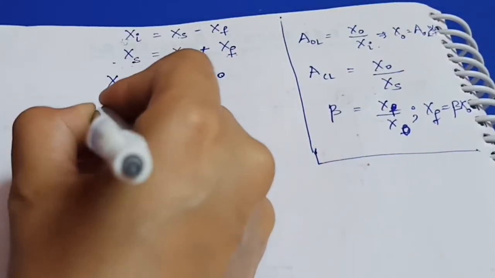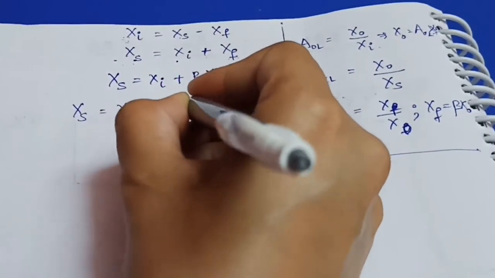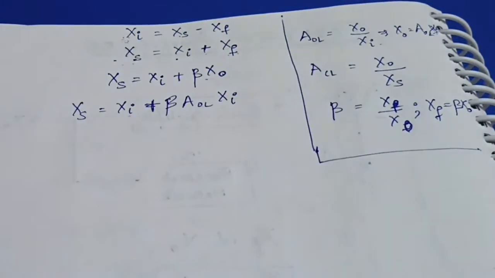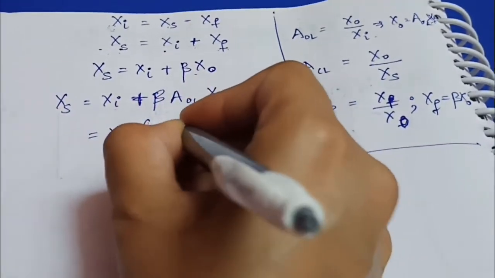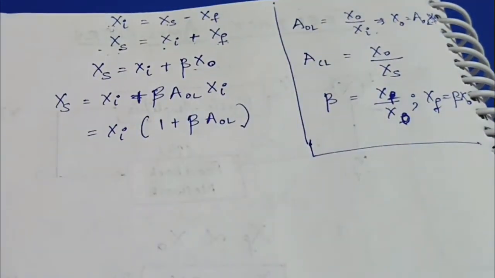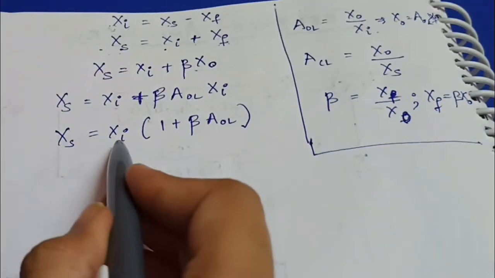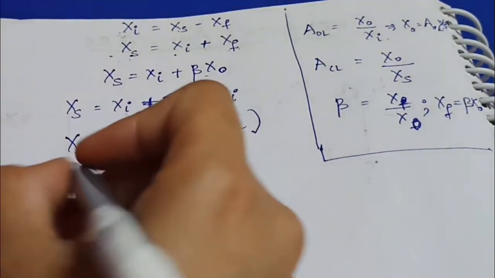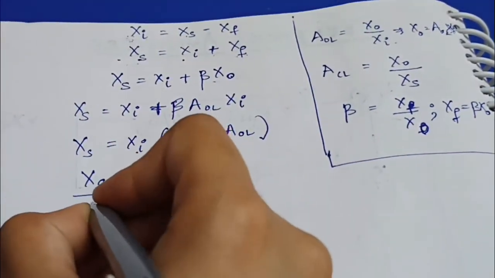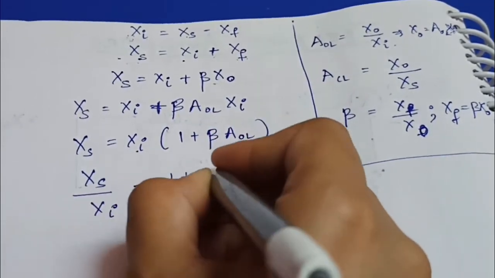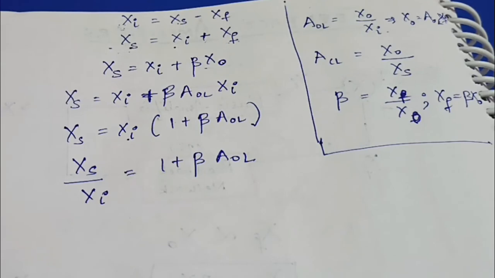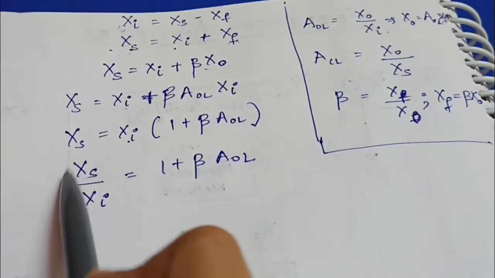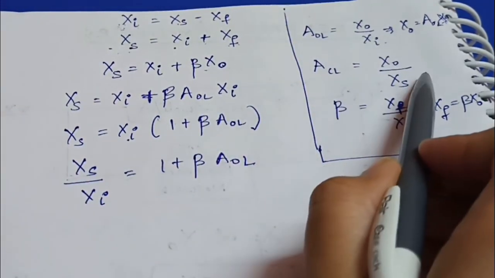So replacing this, taking xi common, and rearranging this equation, we get, now substituting the value of xs from here, which we get